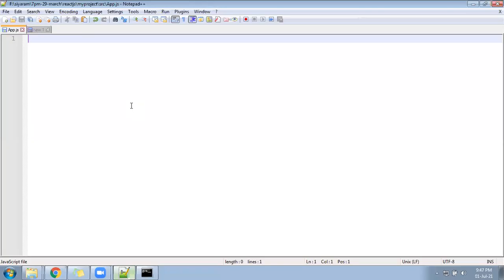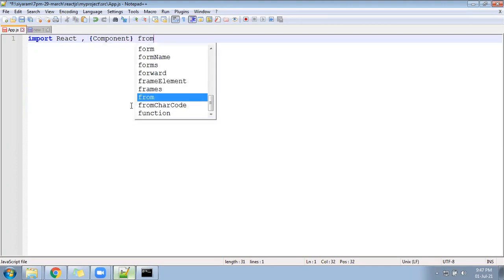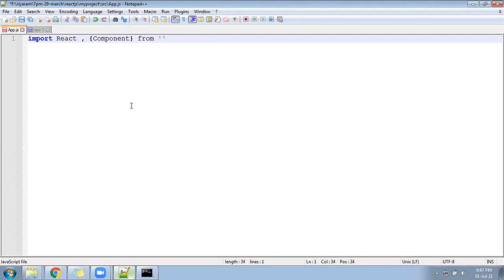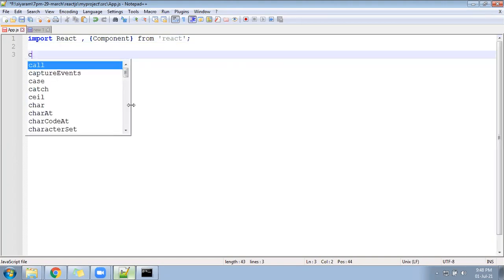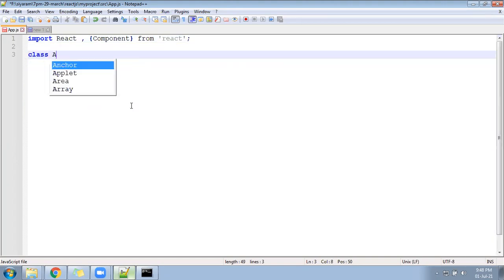Let's start from the beginning. So what we need to do first, as you know: import React, comma, Component from React. After that, let me write a class named App.